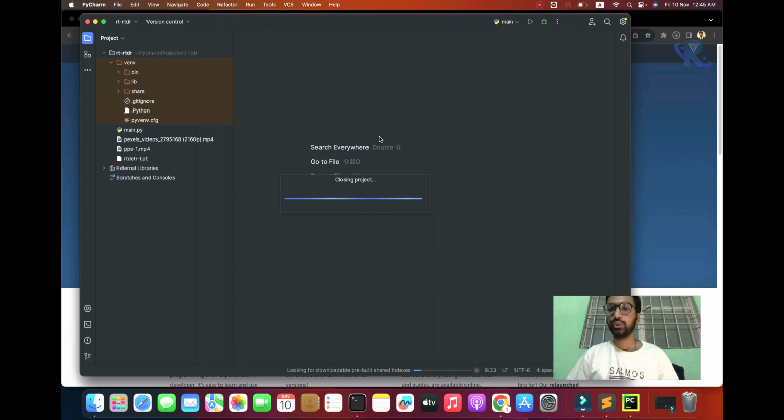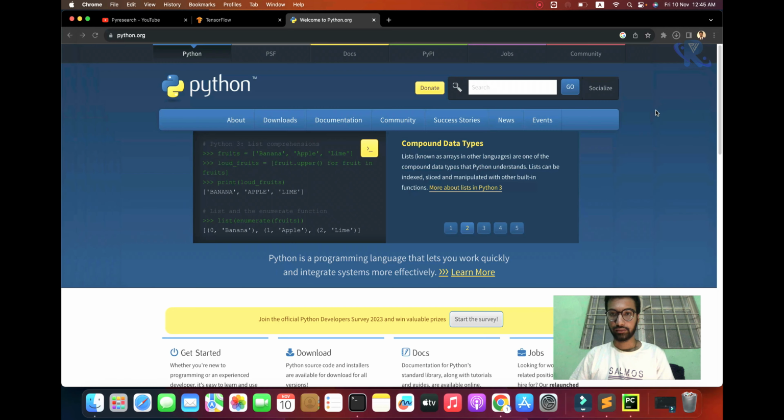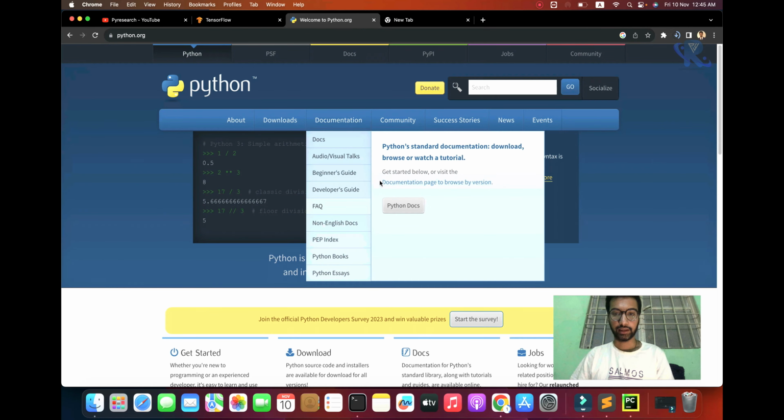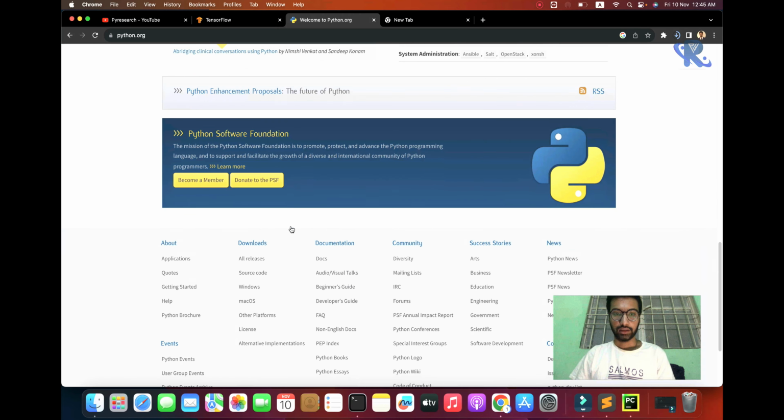If you want to use a specific version, like TensorFlow version 1.0, and the latest version is installed, you can uninstall it and easily install the previous version. After you download and install Python,